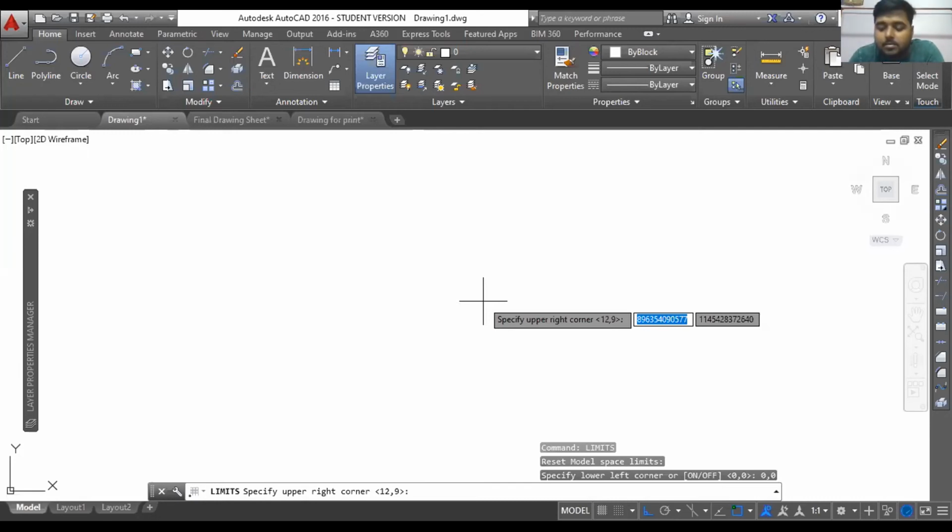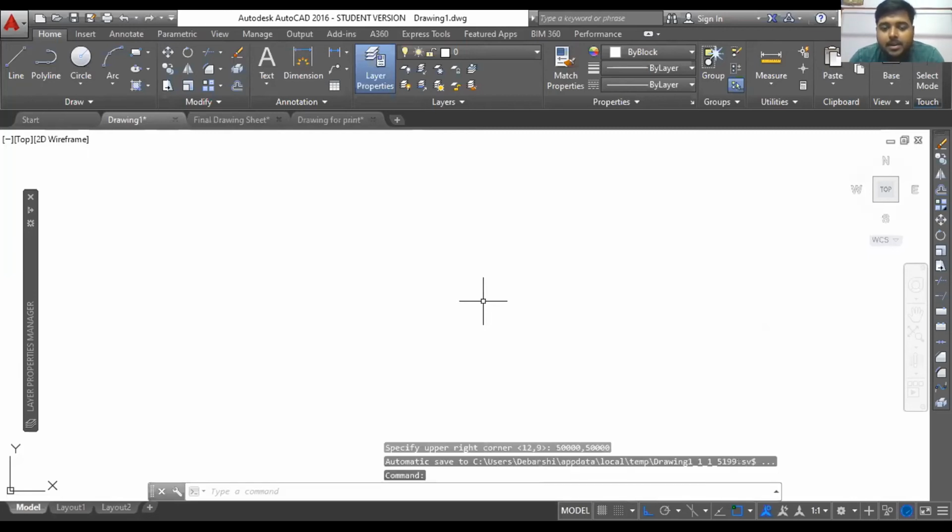So I'll take a bit higher than 20 meters. Let's say I'm taking 50 meters, that means 50,000 mm, and let's say height also 50,000. That means I'm providing the XY of the right top corner of my working space. So I have set the limits of my drawing space.